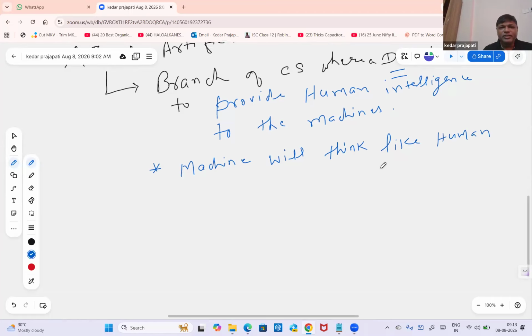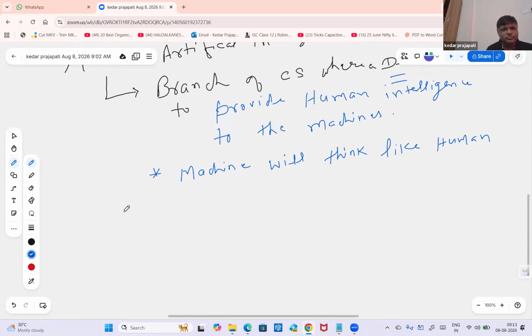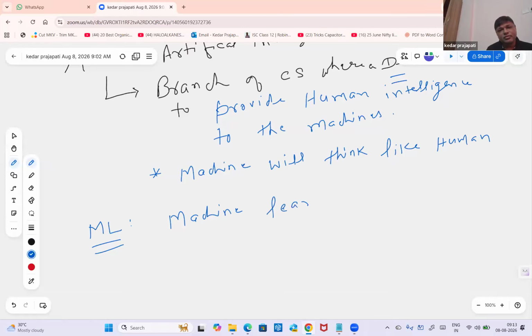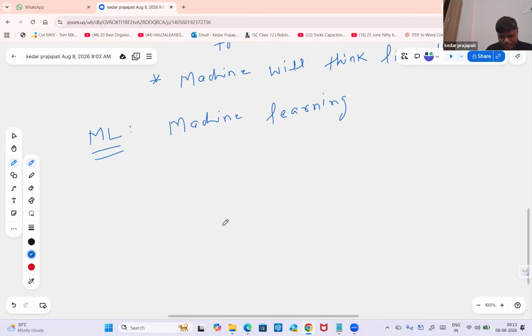How will it learn? It will learn using machine learning. Okay. So now I'm coming to ML. ML is machine learning. So basically, you can think what is machine learning, how it works. So the basic example, the best real-time example is suppose